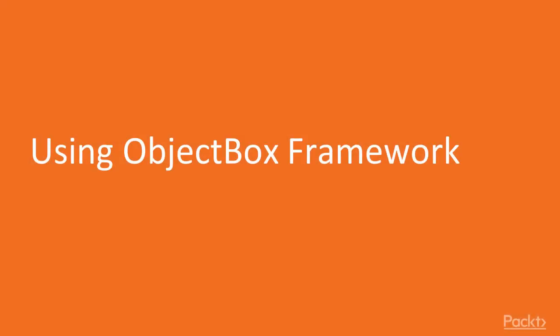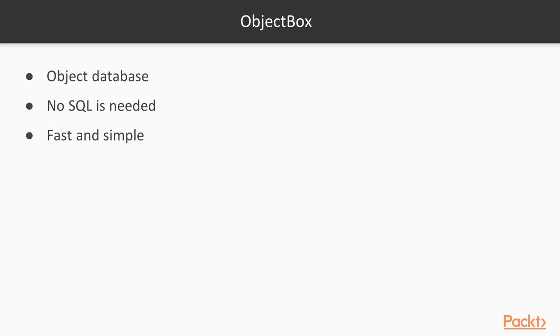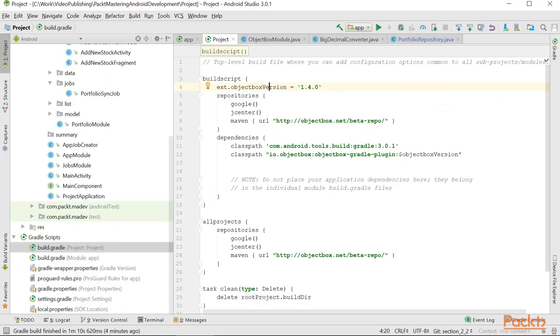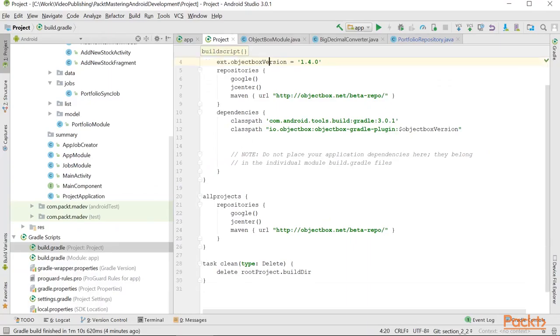using ObjectBox framework. ObjectBox framework is basically an object database. So it doesn't need any SQL behind the scenes to make it work. It doesn't use SQLite. And also it's really simple and really fast to use. So it's much more performant than, for example, SQLite. So now let's take a look at the code, how you can include it in your project so you can